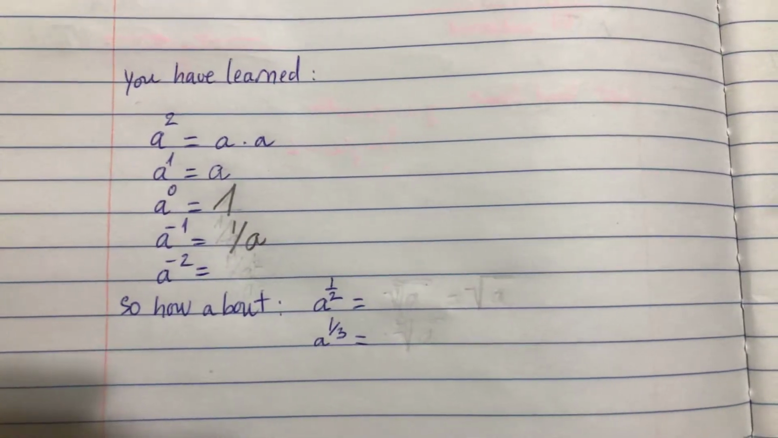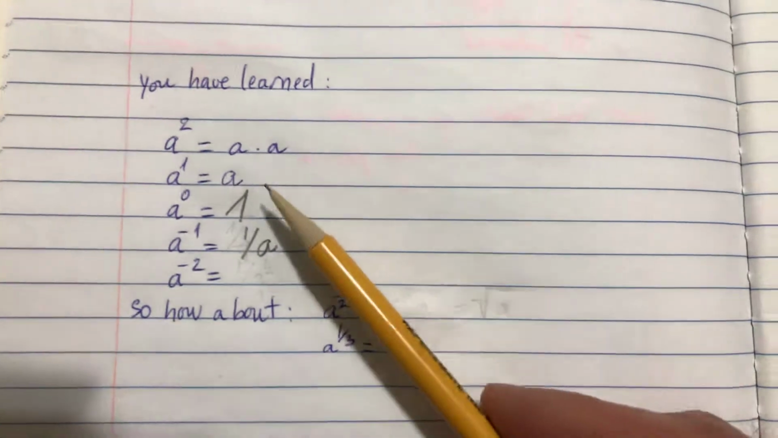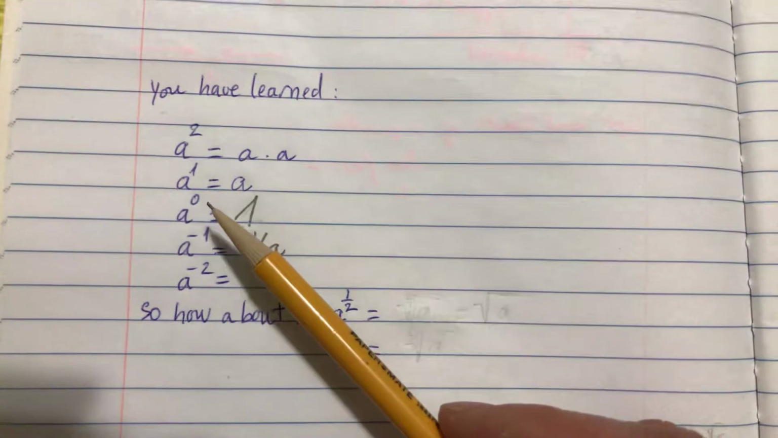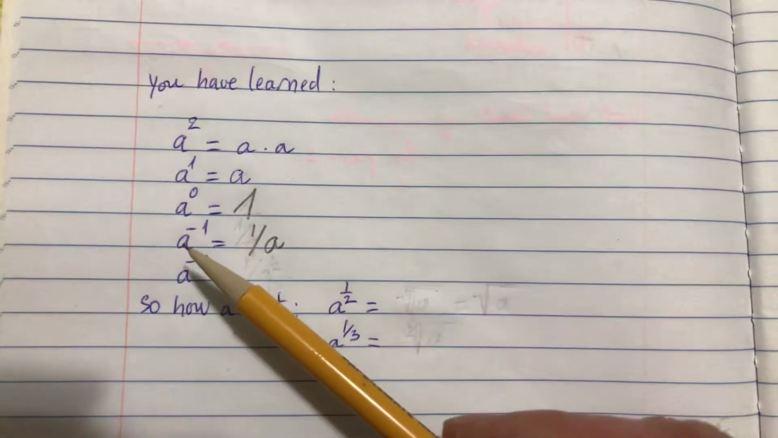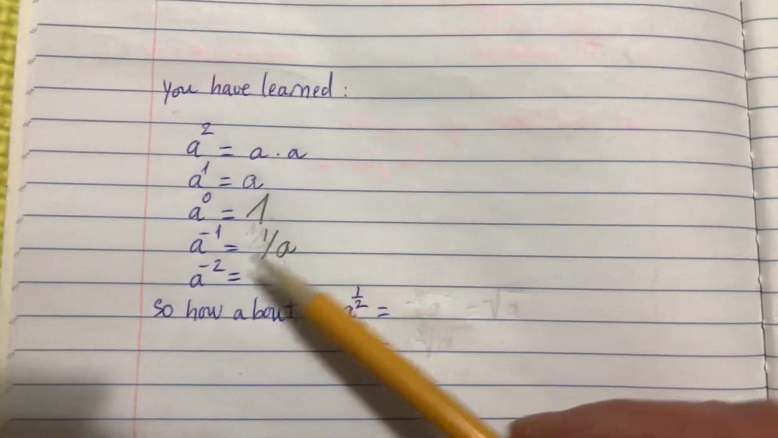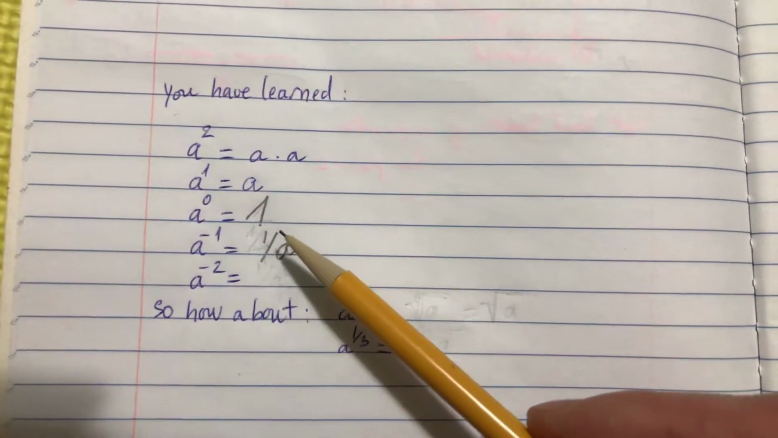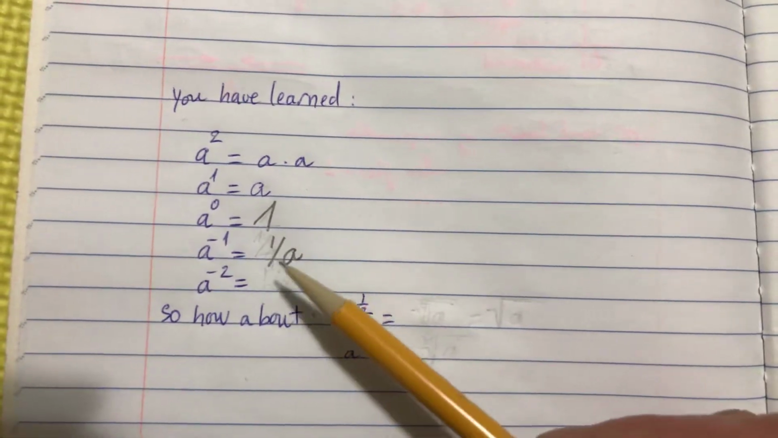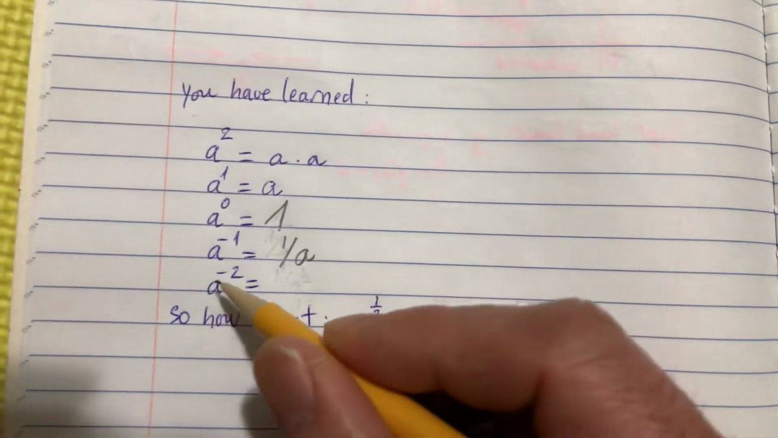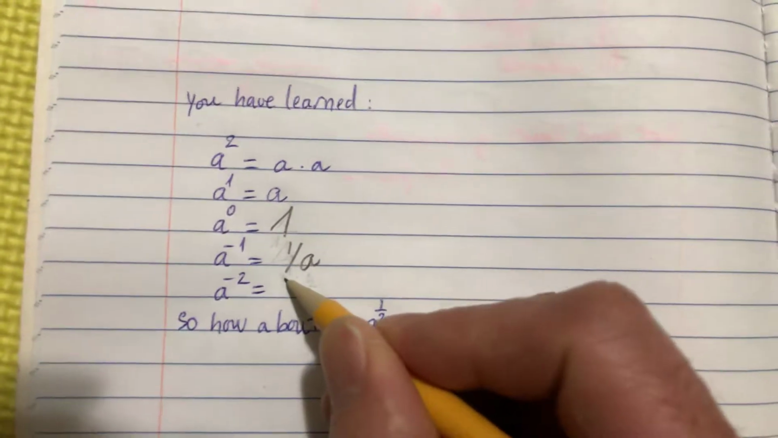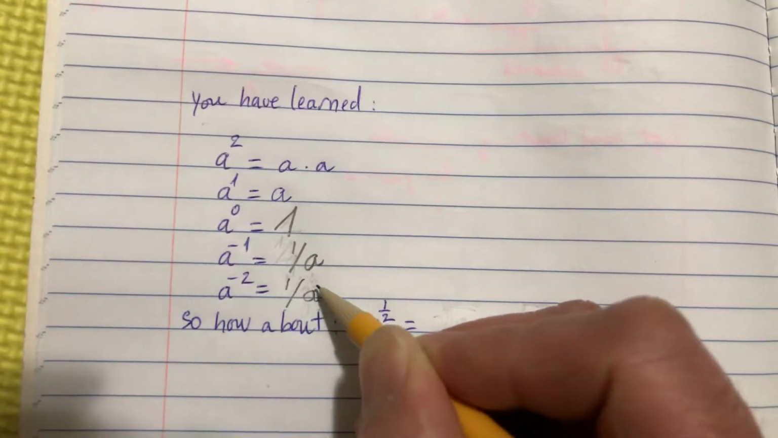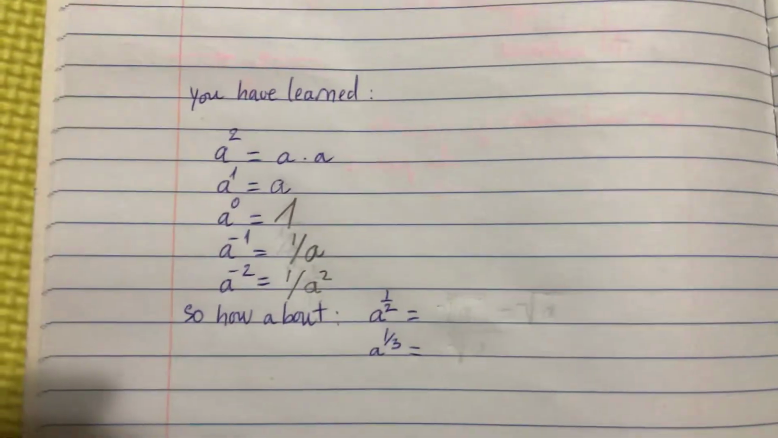For example, a square is equal to a times a. a to power 1 is a, and a to power 0 equals 1. And a to power negative 1 gives me 1 over a: I flip a to become the bottom, so the top is 1 over a to power 1, which is a. Similarly, a to power negative 2 will give me 1 on the top and the bottom will be a to power 2. Okay,